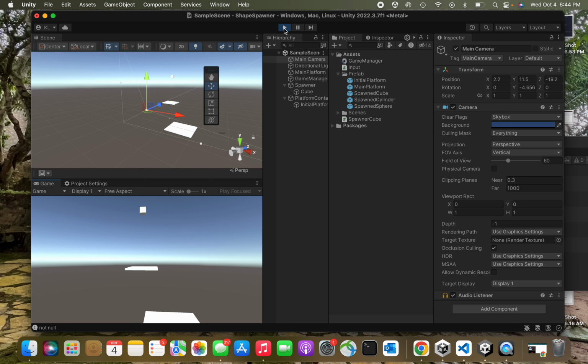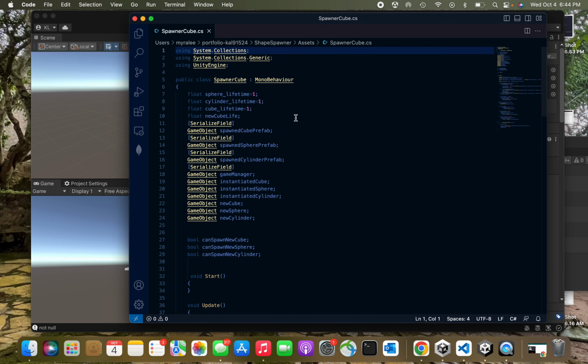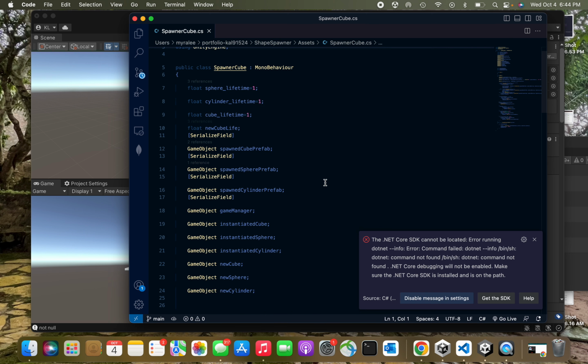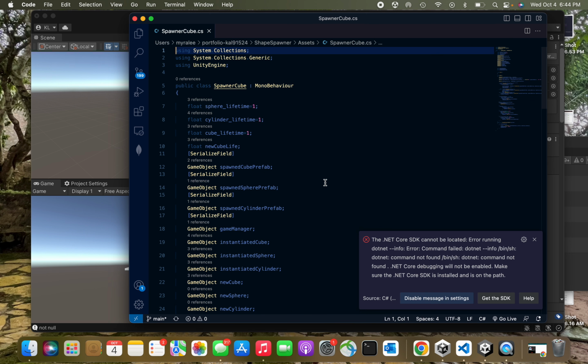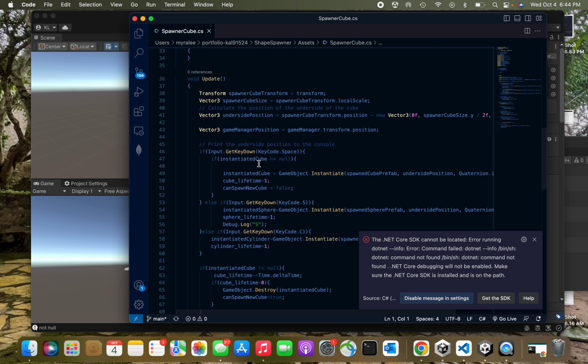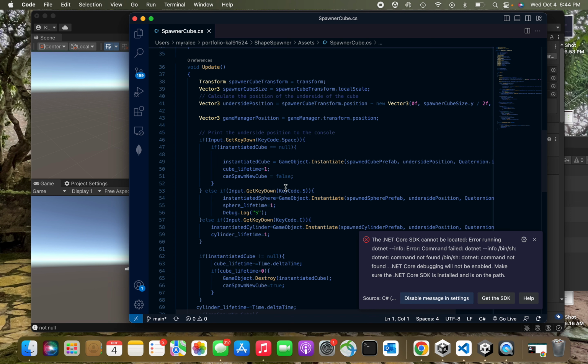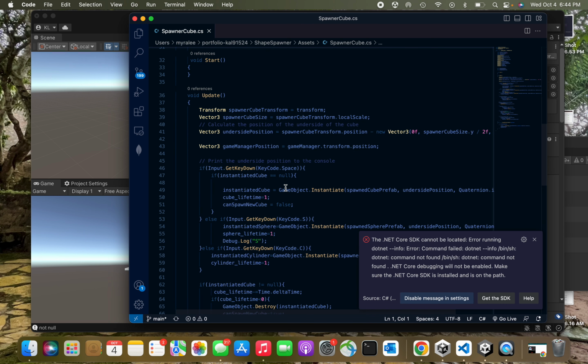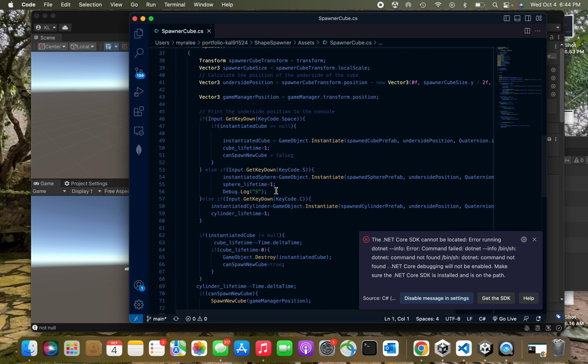And if we were to look at the script for this, let's go to spawner cube. We have some serialized objects to get the cube, the sphere, and the cylinder. We have the lifetimes for those. And then we have an area where it actually handles the input, so key down space, key down S, key down C, and within those we add the lifetimes and we instantiate these game objects. So then if we look into the key down space, we instantiate this cube,